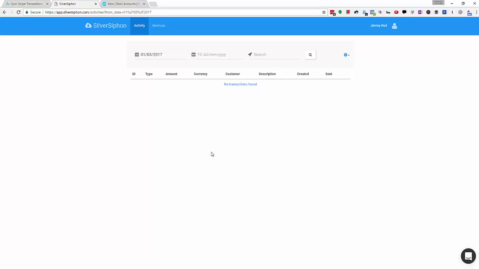Once that's done, you'll be asked to run an import from Stripe, and you can do that by going to the gear icon here and clicking import from Stripe to Siphon. That'll go away and suck in all the transactions back to the date that we agreed on. And from that point on, everything should be automatic. And if you find something isn't working, just hit this button